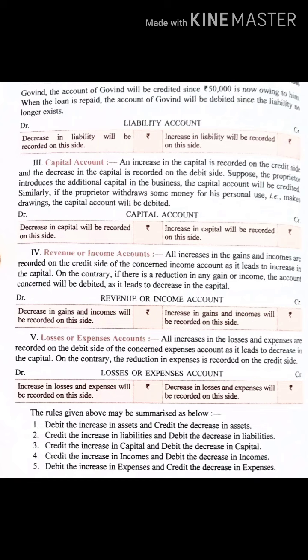Better to remember all these points, because you will get the sums based on this. Wherever you get the numericals, at least in this chapter you need not do calculations, but you have to specify the account, and you have to specify which side it will go, the debit side or credit side. We will see a few more examples ahead.